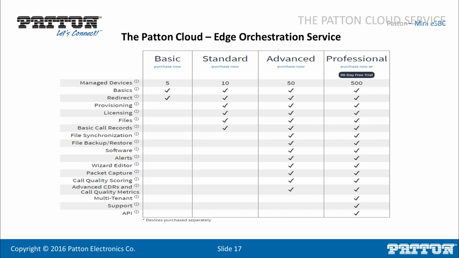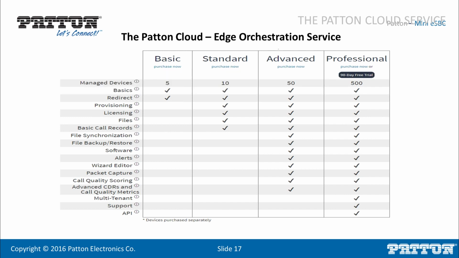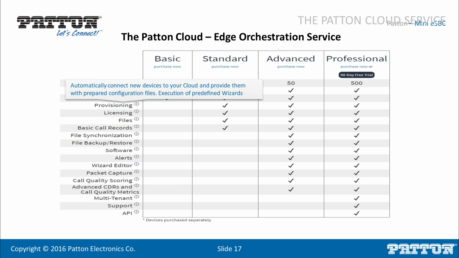So what the cloud does, first thing is you log into your license to the Patton Cloud, and you get a dashboard, and that dashboard shows you all of the SN500s or gateways or other Patton session border controllers that are connected to your instance of the cloud. And it shows you a map of where those devices are geographically located. It shows you what software revisions are running on them,